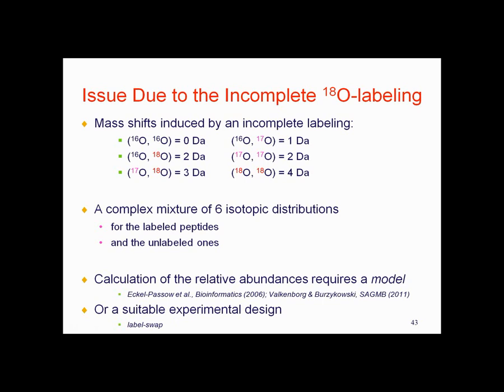Then, by using appropriate statistical techniques, you could correct for this overlap and get an unbiased measure of the relative abundance of condition 1 to condition 2, or vice versa, of the abundance of a particular peptide in the condition 2 sample as compared to condition 1